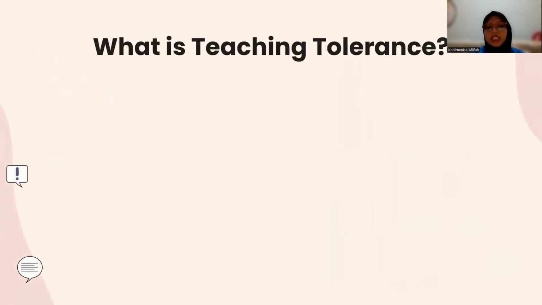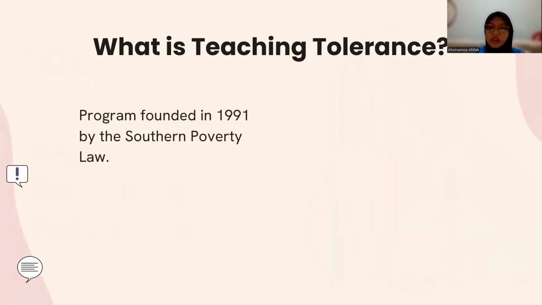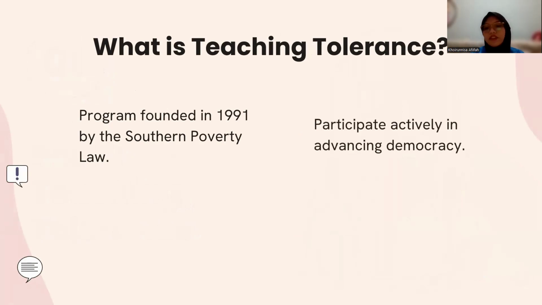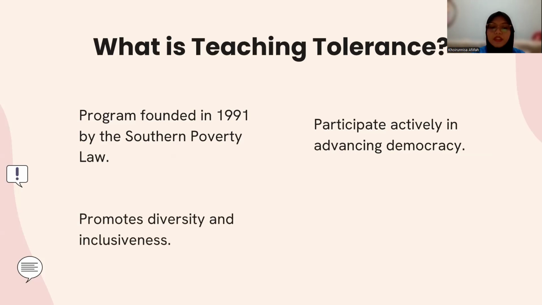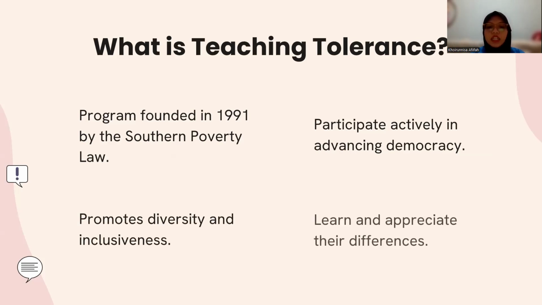What is teaching tolerance? Teaching tolerance is a program founded in 1991 by the Southern Poverty Law Center. The program helps educators and schools educate children and youth to participate actively in advancing democracy. The program helps educators build equitable societies by providing educational resources and advancing instructional content that promotes diversity and inclusiveness. Through its school and community conferences, the Teaching Tolerance program creates opportunities that bring children together to learn and appreciate